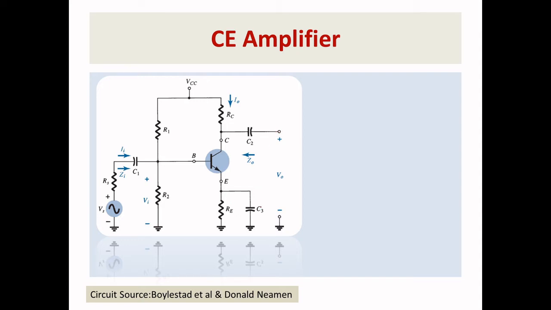When you see C3, C3 is a bypass capacitor. So C1 is a coupling capacitor. C2 is also a coupling capacitor, but C2 is output coupling and C1 is an input coupling capacitor. And C3 is a bypass